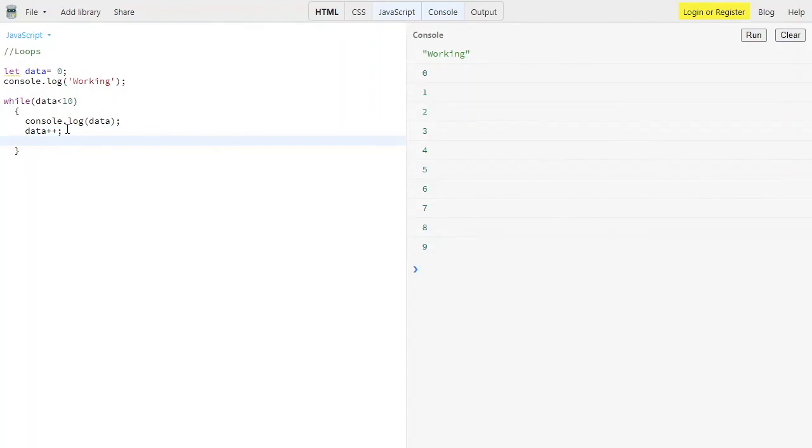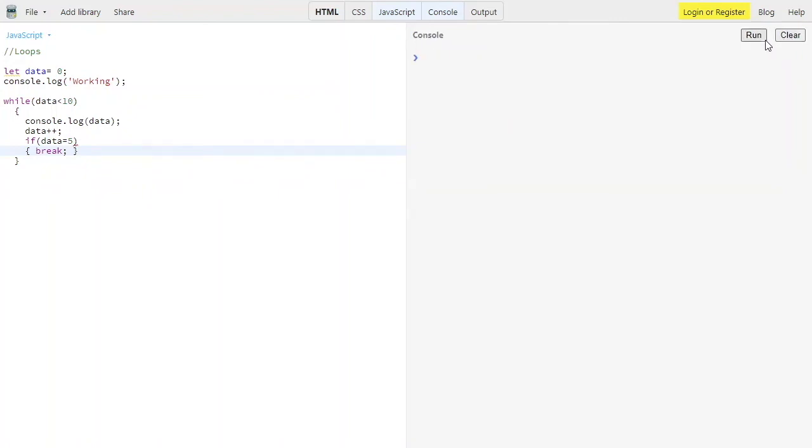If I put just break, it works only once. If I want to break on a particular condition, I'm using if data equals 5, then break, and try to run this.